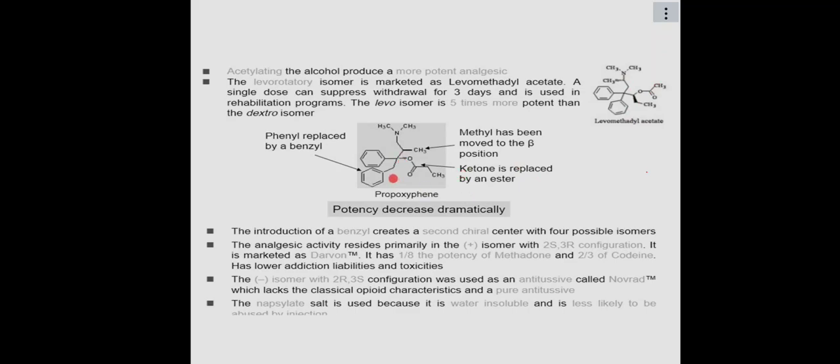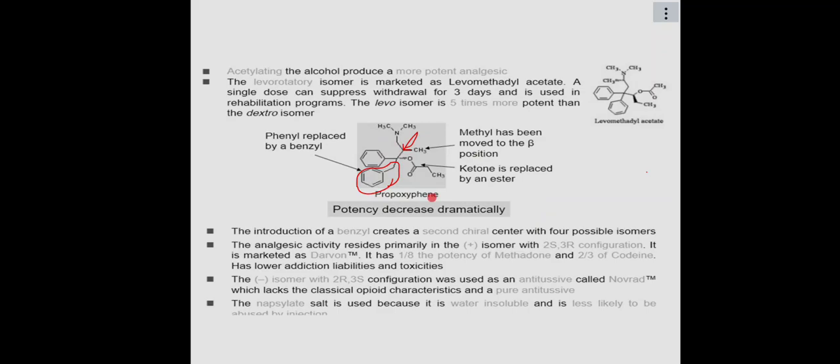But for propoxyphene, you can see the group you have introduced there is different from the phenyl group. So, of course, we have a chiral center there. The chiral center that was found in this other drug has been destroyed. You can see there's no chirality there, because you have put a reverse ester. In methadone, the group that had been introduced came in with a chiral center, but here that group does not introduce any chiral center, though we still have the other chiral center at that position. So propoxyphene also has